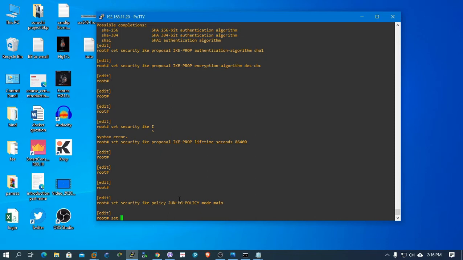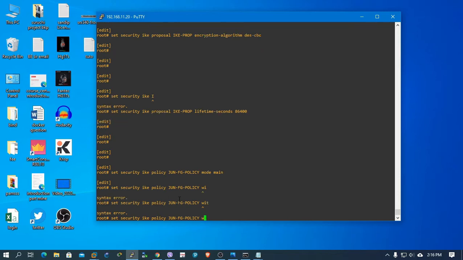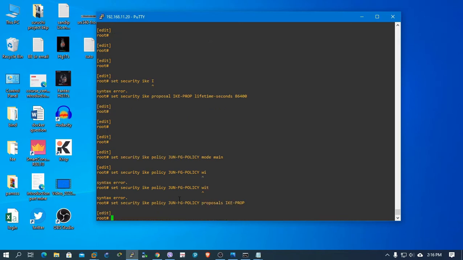So set security IKE policy, and the policy just created, with the IKE policy proposals, sorry, with IKE prop. And then similarly set security IKE policy Juniper FC policy, and